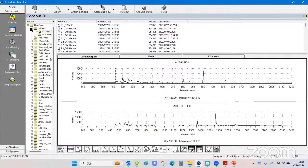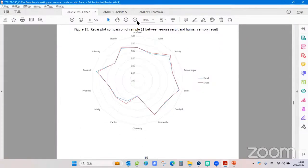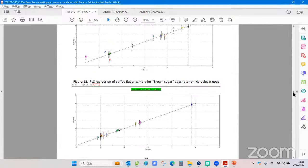It's different from QDA, although I'm not quite familiar with QDA, but I assume QDA is like we input the human sensory data into the QDA software, and then we can have some result, maybe like this radar plot. Maybe, right? So if we want to use eNose to acquire a similar result, like this flavor wheel for our product, the common way we recommend is to build a PRS model